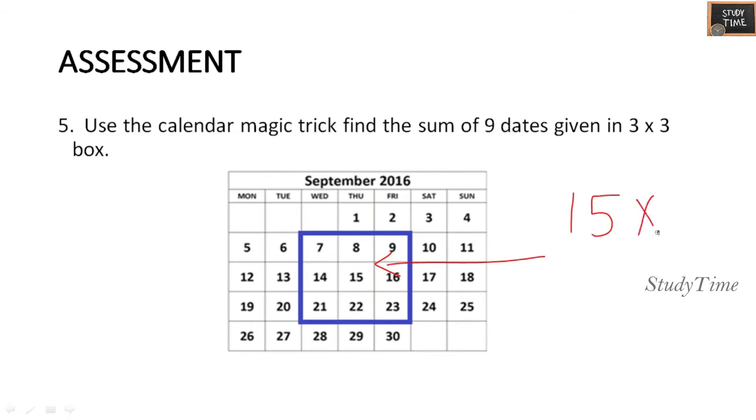So when you multiply 15 by 9, you will get the answer. The answer is 135. When you add all these numbers, you will get the same. So if you want, you can check with another grid also. 135 is the answer for this. So take the center number and multiply it by 9.